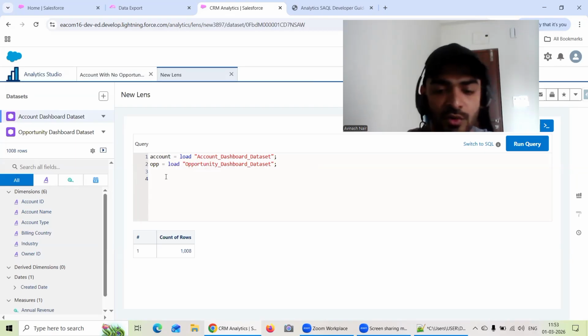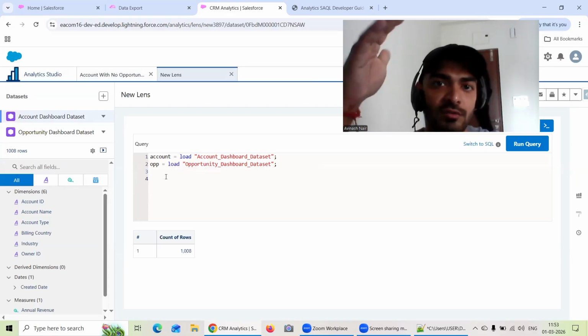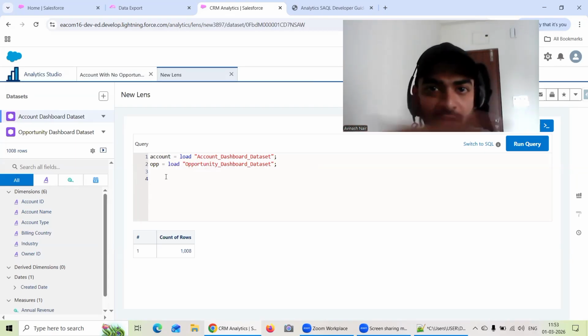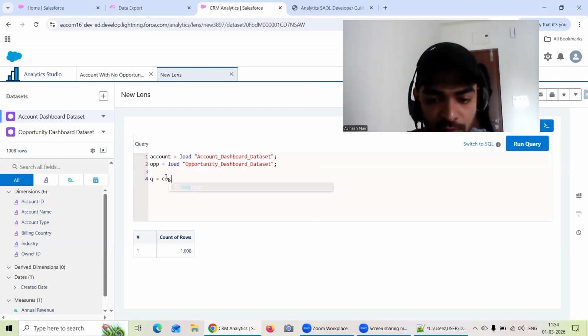At first, what I'm going to do is a left join, because I know with left join, I can pull in all the records from account. We already covered different types of cogroup which exist in SQL, and we already walked through the scenario. So we know that if I go for left cogroup, it will help me to pull in all the records from the account side. So I will write q equal to cogroup